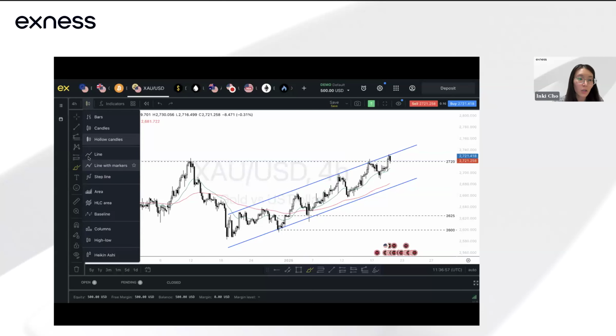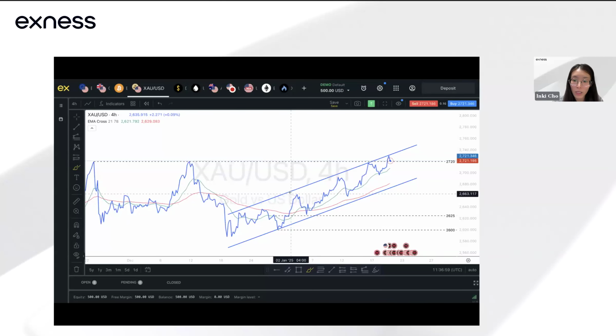If I take a look at it on the line chart, you can see that as well very clearly, right? If I were to highlight the peaks and troughs, you can see here the peaks. As we have mentioned before, in an uptrend, prices are going to continue forming higher lows and higher highs. What is also interesting to note is that the lows are not broken. Notice that every time price did a pullback, it does not actually break the previous low. So this is one of the characteristics of an uptrend, whereas the same goes for a downtrend.